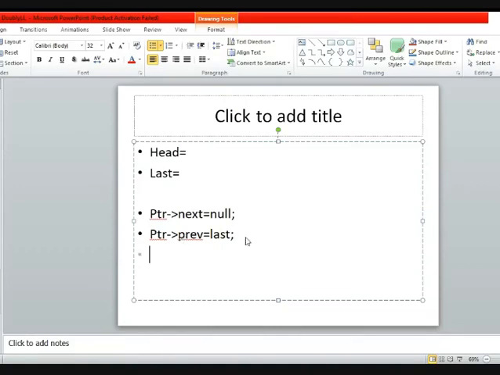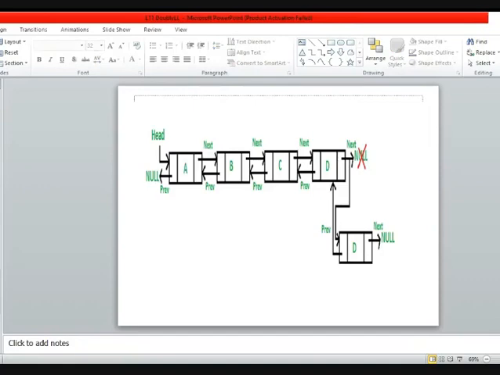Okay, so ptr next is assigned as null, ptr previous is assigned as last, and you can assign last next, which was null before, as ptr. And once you have done all these things, you need to change the last to ptr, which is inserted. Okay, so you have to perform only these four steps instead of all this searching and assigning of pointers.